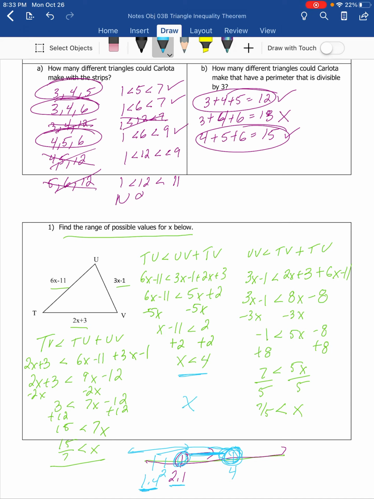And so x has to be greater than 2.1 and less than 4. And I know that that one's super complicated, but I wanted to spend a little bit